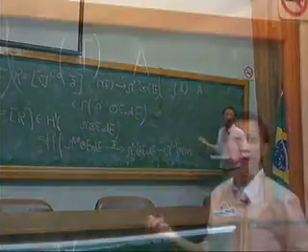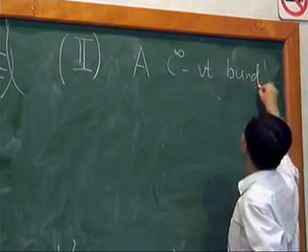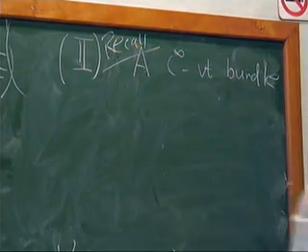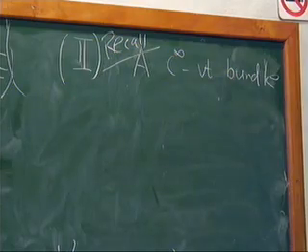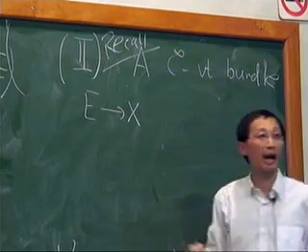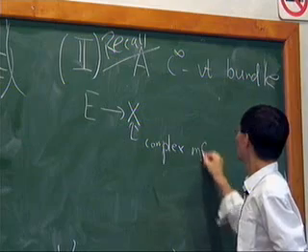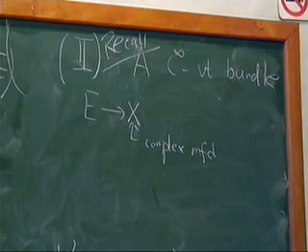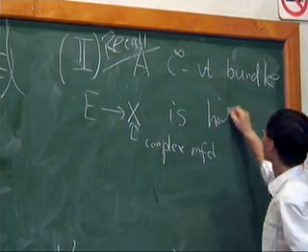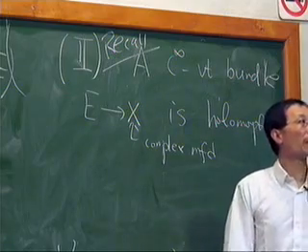X is a complex manifold. So a smooth vector bundle is holomorphic if and only if